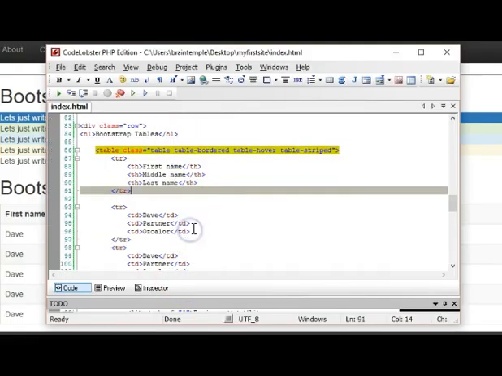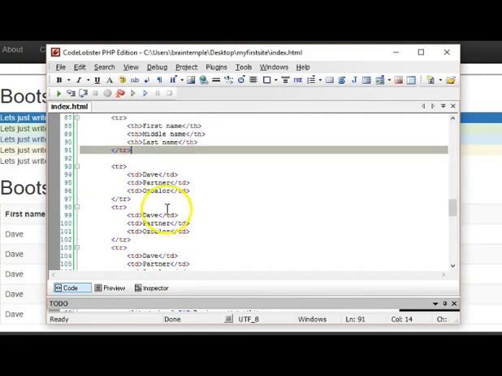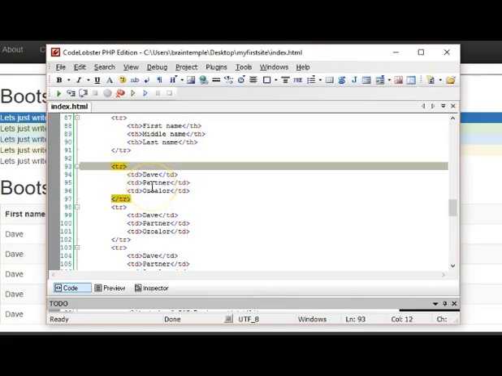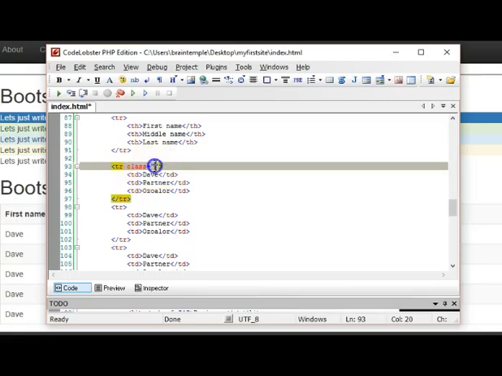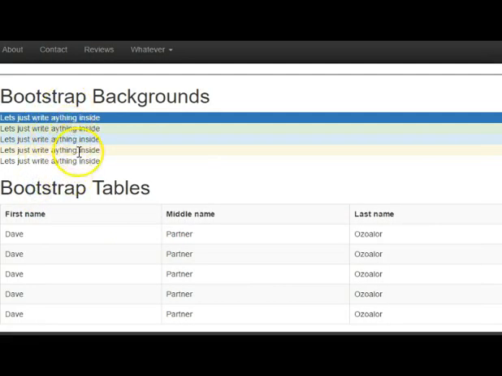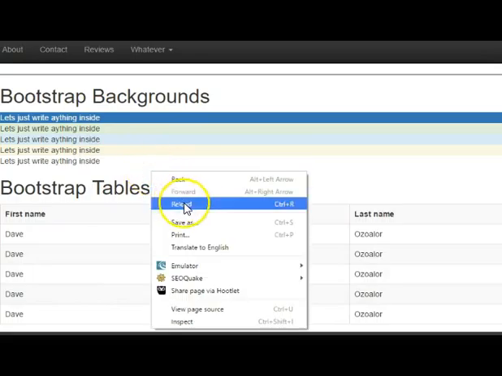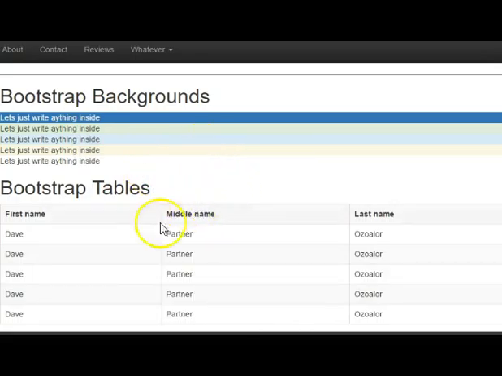Then other things we can do is to paint the rows different colors. We can say, for instance, class, and then we can give this row a color and say primary. Remember the Bootstrap colors we used for these guys, we can use them here. So I'm going to refresh. We give one of them a primary color, which is this first one. So we refresh, and alright, so the key here is to